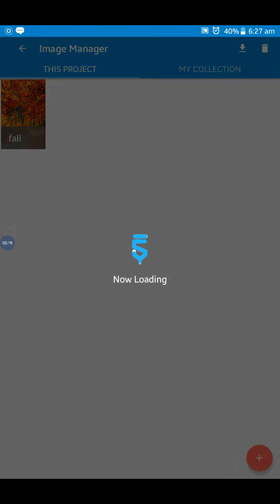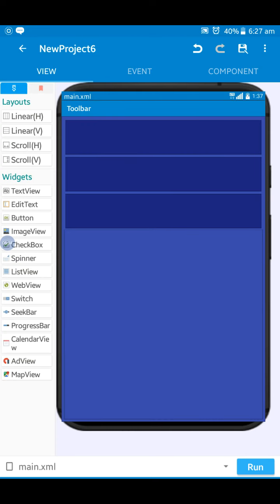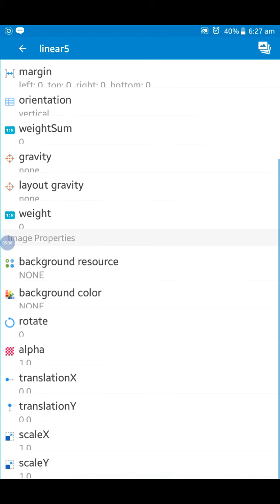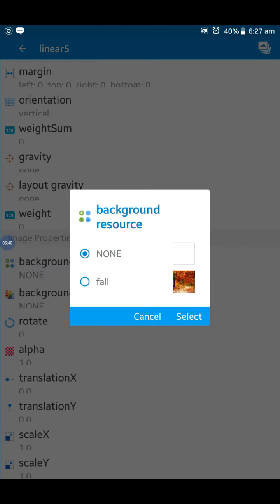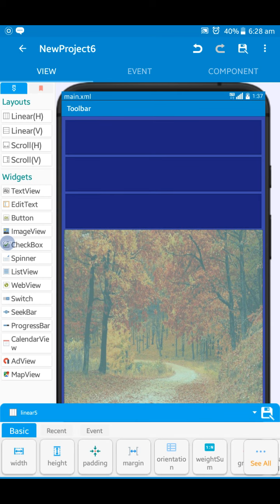Now we go to the linear vertical layout and assign this image to that, so that it will show on the front page of the app. Select background resource to image. Okay. Now we have to enter the logical view. This is the image viewport.